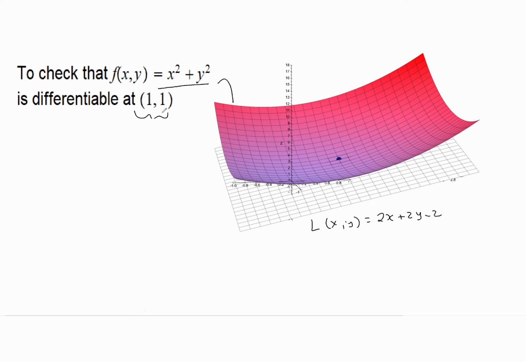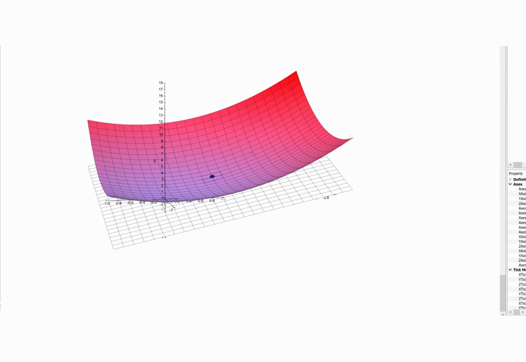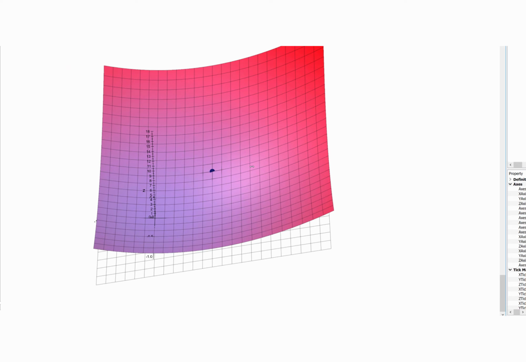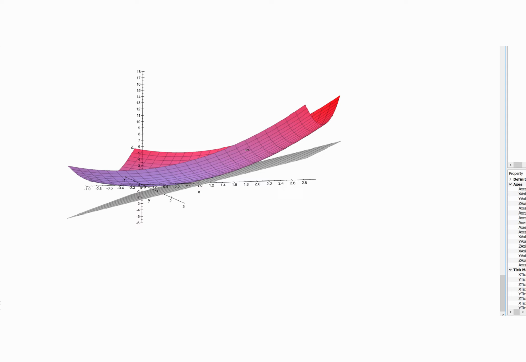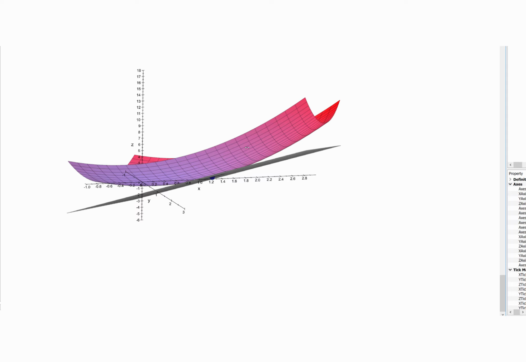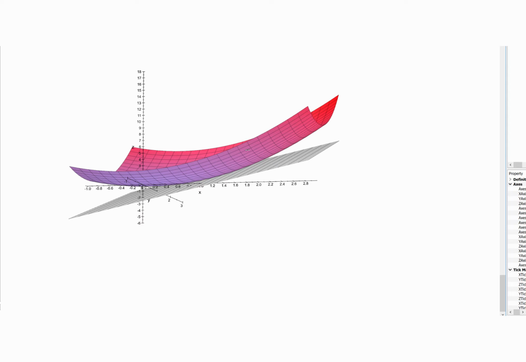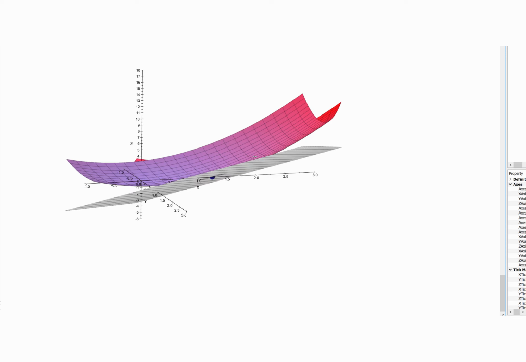Then when x is 1 and y is 1, z will be 2. So at (1, 1, 2), this is this plane and this curve, as you can see. Let me show you in the original window that we can bring this red graph close to this gray graph,